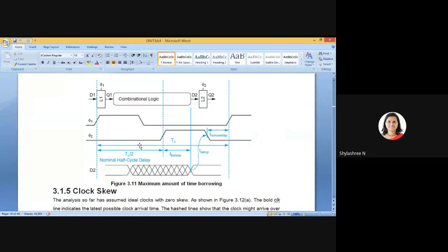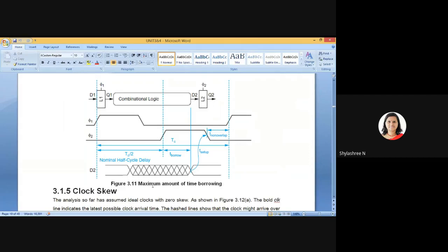So if you see in this timing diagram, T setup is coming into the picture and TPDQ, that means clock to Q propagation delay, is coming into the picture. So I'm talking about the maximum amount of time borrowing. Maximum amount means propagation delay. Minimum amount means contamination delay. Okay. So the two-phase latch-based system can borrow